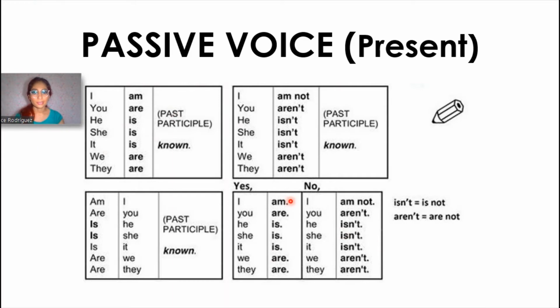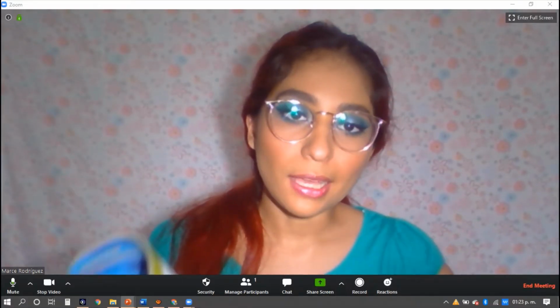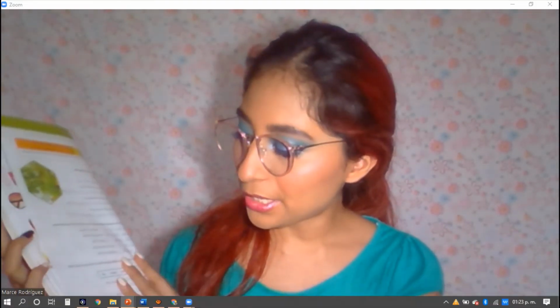And the rest of the tenses. Remember that to make a passive voice sentence in negative, you always add not next to the verb to be. And then you are going to do the exercises of the page